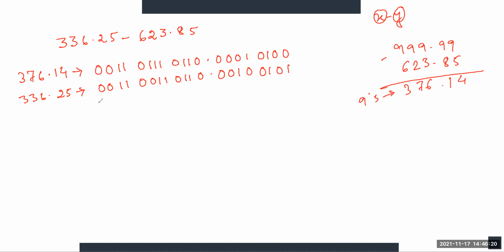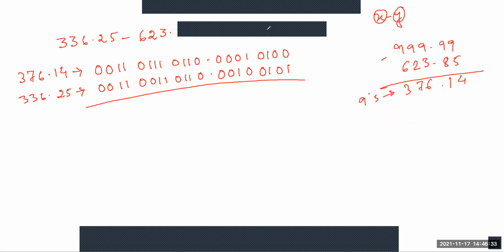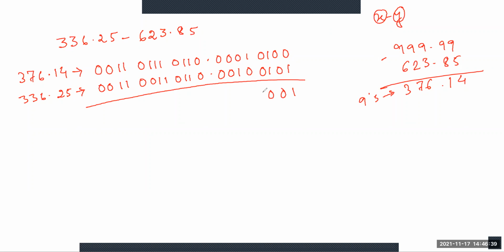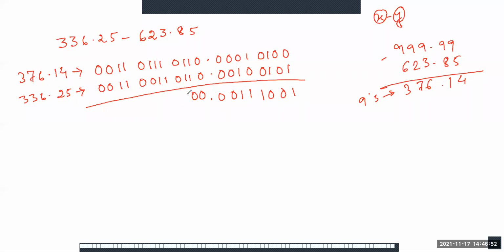Right, so now we are adding. With this 9's complement, now we are adding this minuend. This term is the minuend and this is the 9's complement. So here we are getting 0 plus 1 is 1, 0 plus 0 is 0, 1 plus 1 is 0 with carry 1. Next is 1, this is 1, this is 0, this is 0. Next is 0, then 1 plus 1 is 0 carry 1, so 1 plus 1 plus carry 1 is 1 with carry 1, then 0 plus 0 plus carry 1.